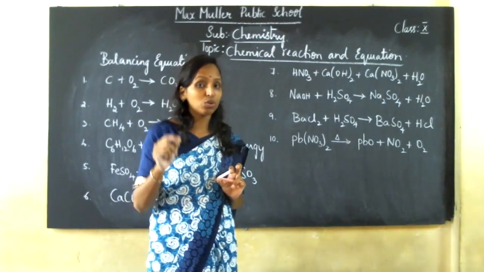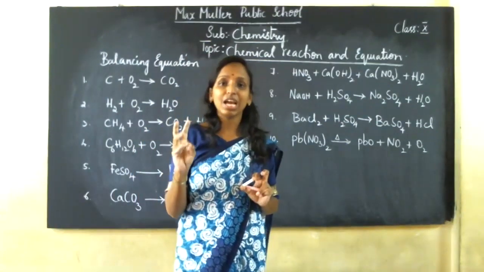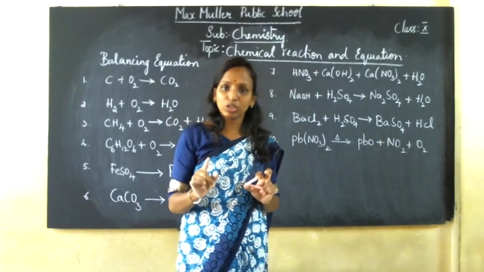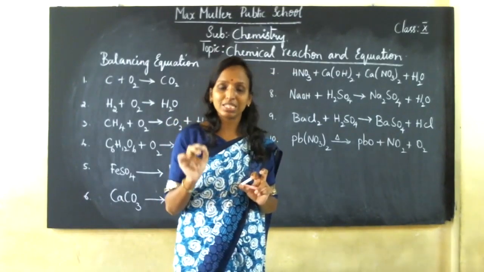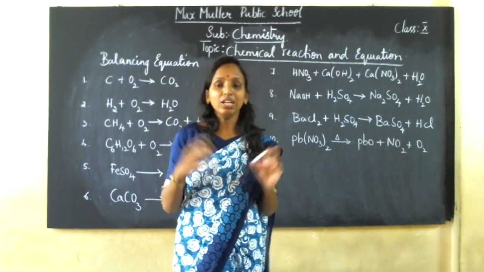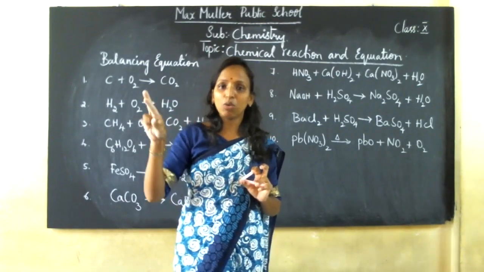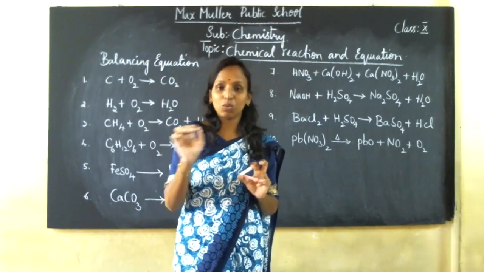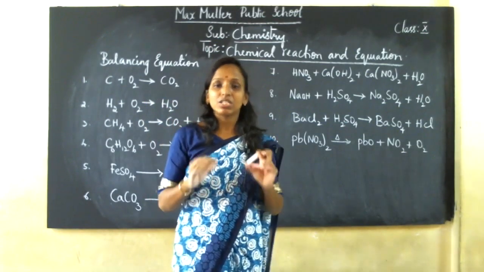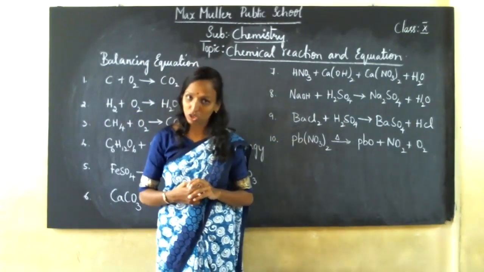To know how to write the equation, you have to know the symbols of the elements and the names and symbols of the compounds. I told you in your previous class also, go through your 9th standard textbook. You have the symbols of the elements, and how to write the names of compounds. As I told you, for a metal and a non-metal, the valencies are crisscrossed and then the name of the compound is written. Am I right? And in your last class, we also discussed balancing equations.